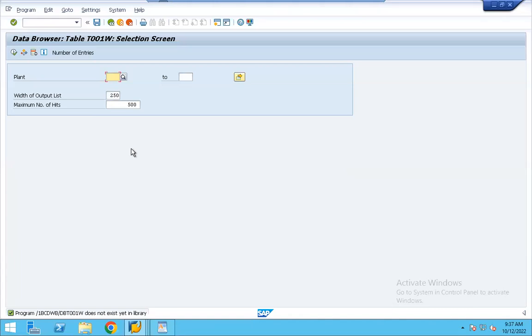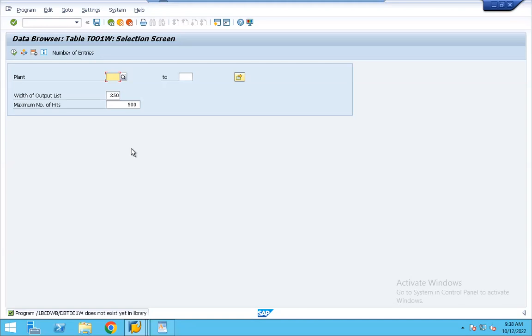The plant data will never get saved into T001 because the T001 table is meant only for the company code. Similarly, the company code data will not get saved into T001W. Each table saves its own data, and these tables help us with the reporting structure, the development work, and also each and every business process.